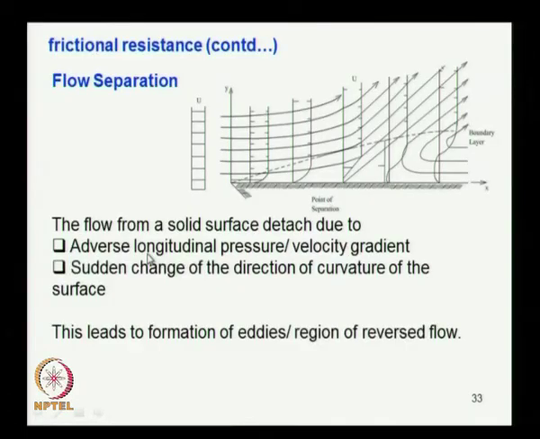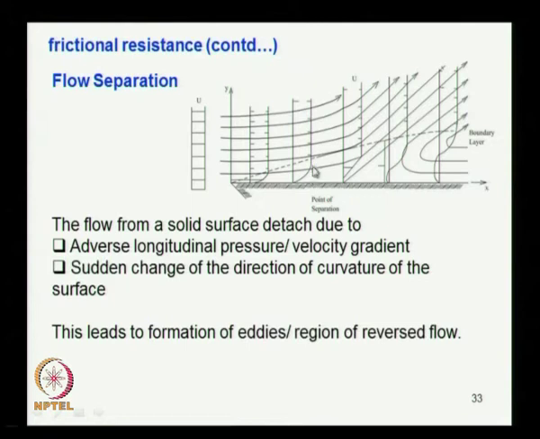You can see what is flow separation. We have already discussed what flow separation is. You see the boundary layer, the dotted line here is a boundary layer, and here you can see this is a plate over which there is a flow occurring. This free stream velocity is given by u, so it is moving like that. Here you can see the velocity profile. Here this is 99%, the boundary layer builds up along the length, and the boundary layer thickness increases towards the rear end of the plate, or in the case of a ship, towards the aft the boundary layer thickness increases.